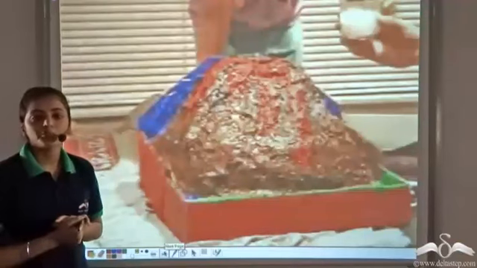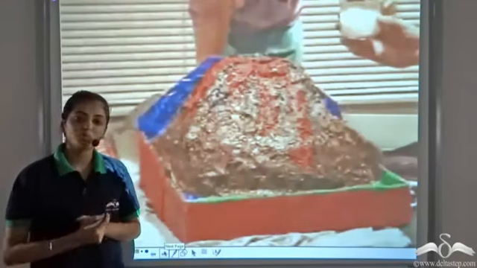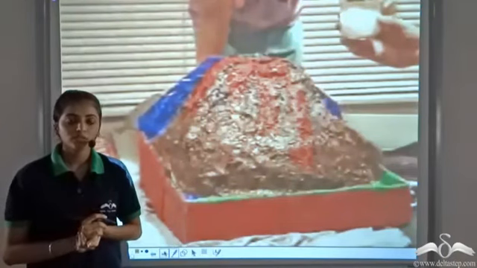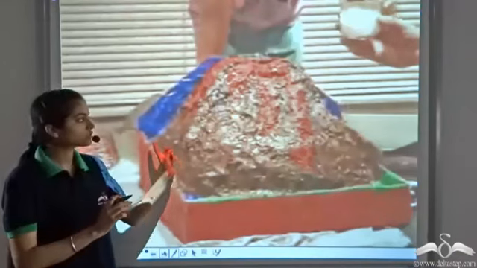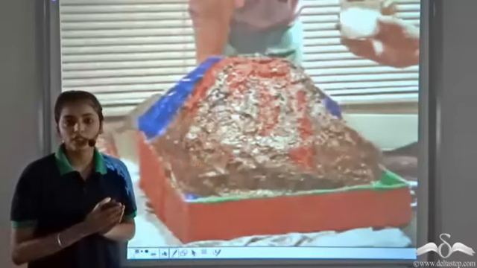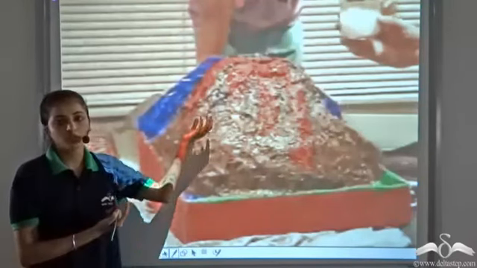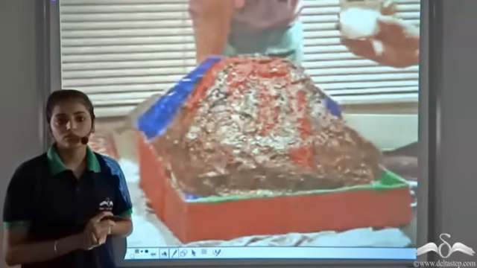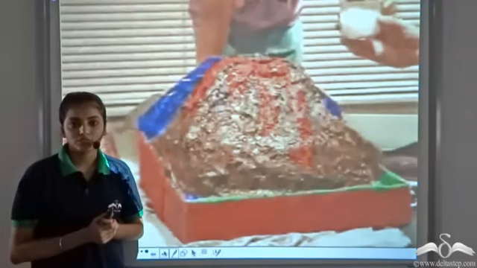You must have seen erupting volcanoes in pictures or on TV. Well, let's try to make our own erupting volcano. So take a plastic bottle, take some clay. Mold the clay in a manner so as to give the formation of a volcano. The mouth of the plastic bottle can be used as the mouth of the volcano. Fill the bottle with baking soda. You can also add some soap solution to give a fizzy nature.